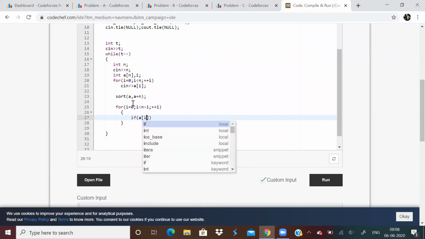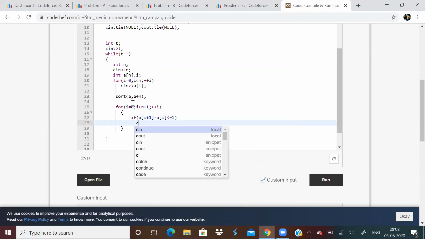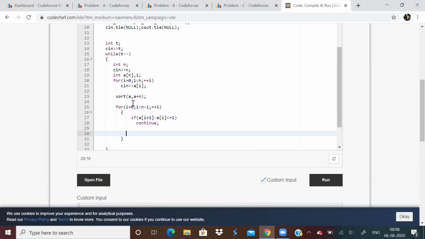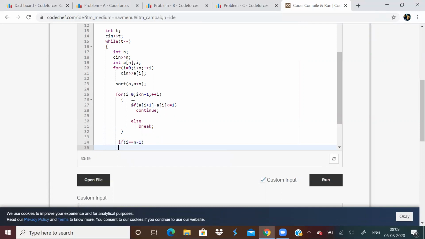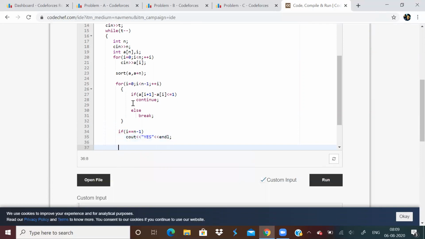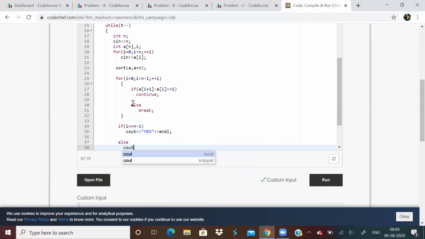So if a of i plus 1 minus a of i is less than or equal to 1, then continue, else break. If i equals n minus 1, that means the entire loop ran successfully. Otherwise, we'll print no.